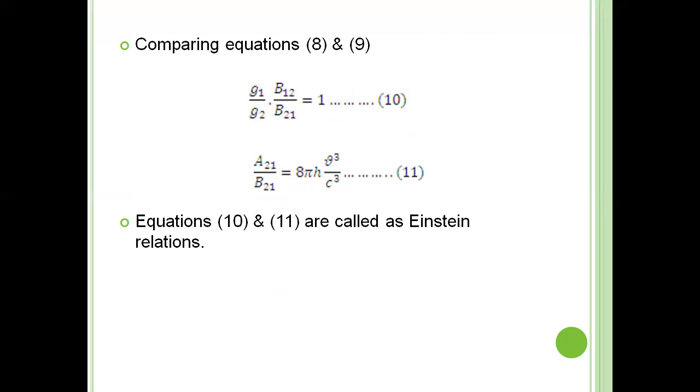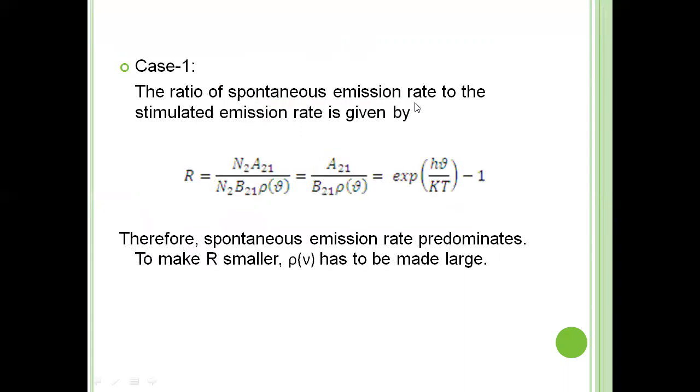Now, depending upon the spontaneous emission rate, stimulated emission rate, and stimulated absorption rate, we are going to derive two conditions for emission of lasers at the output. The first condition is the ratio of spontaneous emission rate to stimulated emission rate. Cancelling N2 and N2, you get A21 by B21 rho nu, where this is nothing but exponential h nu by Kt minus 1. If you want spontaneous emission rate predominance, which means you want to have more spontaneous emission rate,